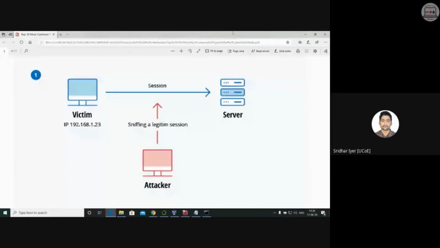Now I can choose any IP address in that range as a victim. For example, here I have chosen 192.168.1.23 to be my victim. Now, how can I use this victim's IP address to carry out the attack? Any idea? What question did I just ask? What is spoofing and what is sniffing? Try to use it. Can I spoof the victim's IP address? Yeah, ARP spoofing, or you can say IP spoofing.